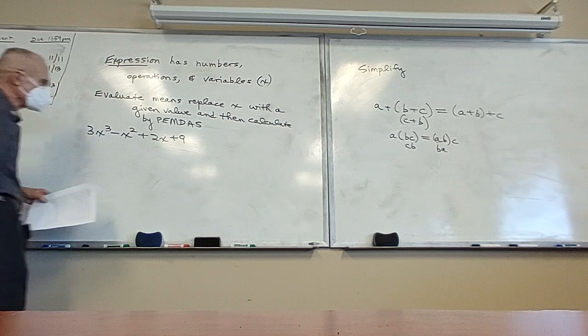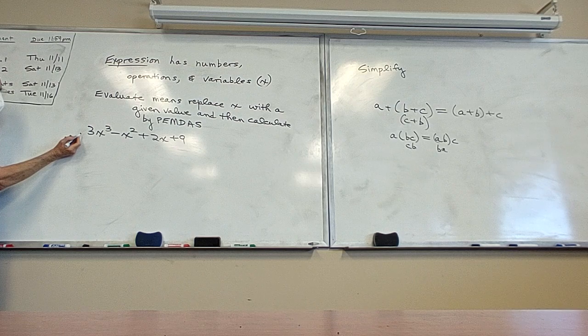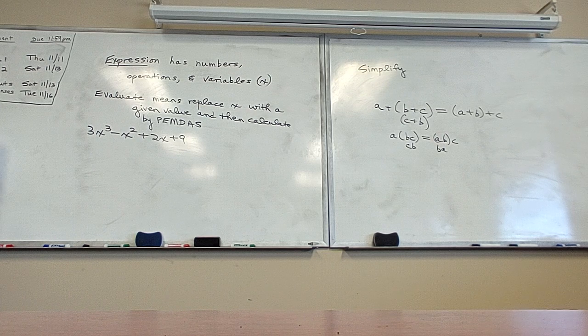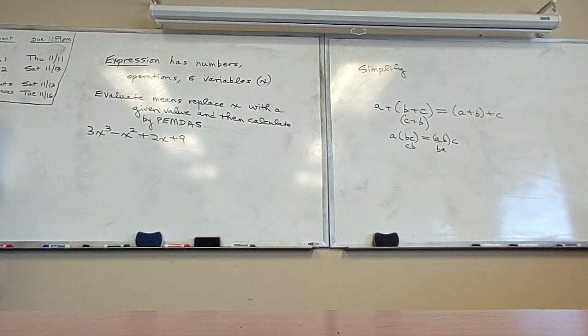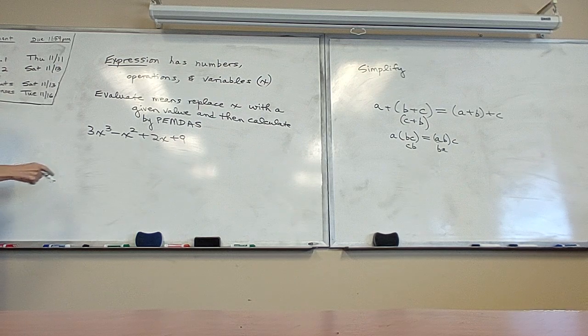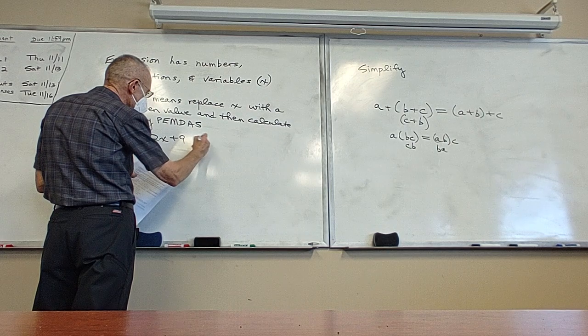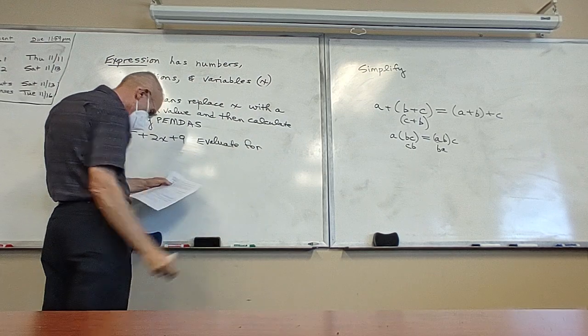Now, the work's all there on the paper. But this is very typical of the kind of expression we'll be using a lot in this course. This is called a polynomial. These are terms, right? 4 terms there in a polynomial. We'll be discussing that more later in 1.2. But that is an expression. It certainly has numbers in it, operations in it, and one variable, x. And the instruction will be, in this case, read the instruction. Don't do anything without reading the instruction. The instruction is evaluate for x equal